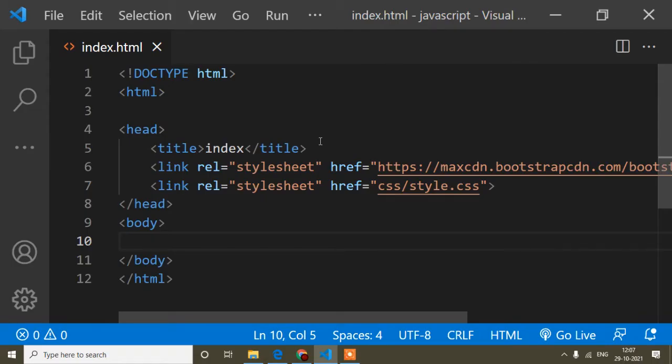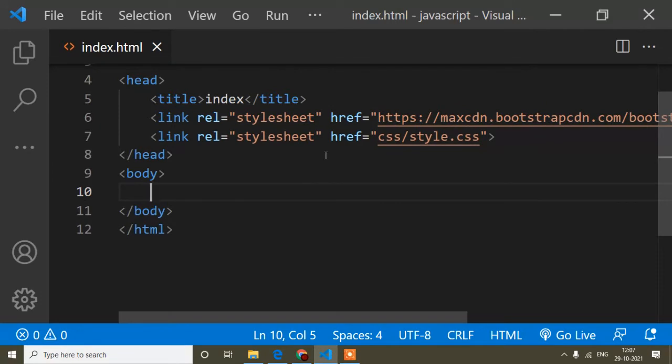Hello guys, welcome to my video. In this JavaScript tutorial today I will show you how to get the first letter from the first name and last name from an array object. One viewer asked me this question, so that's why I'm making this video. First of all, I will show you what I'm trying to do in this video.